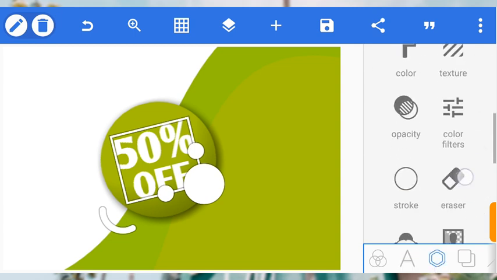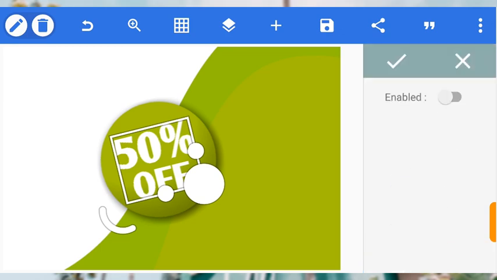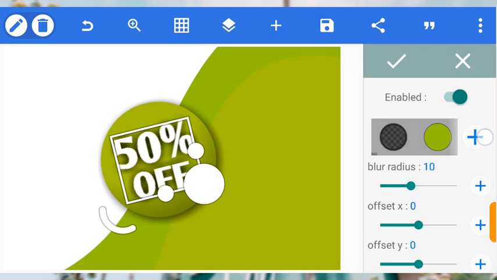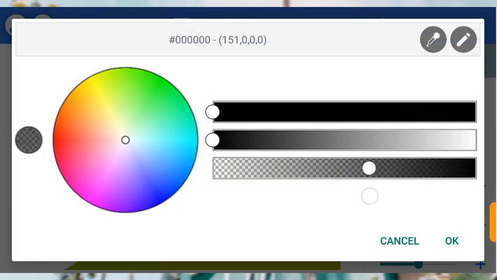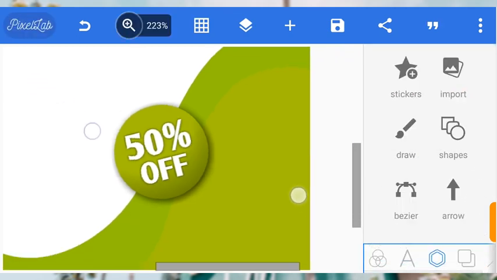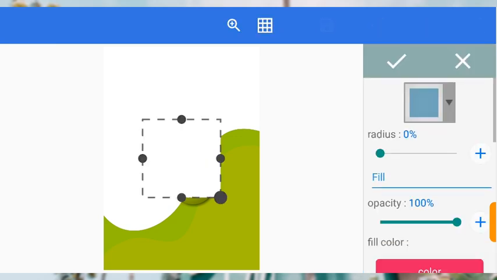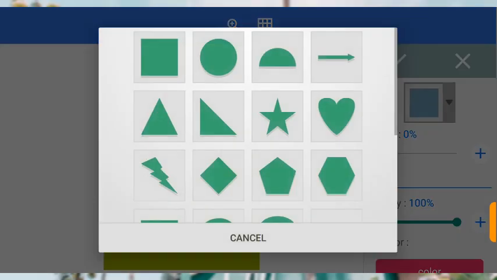So let me move over here, opacity, shadow. Let me add a shadow. Let me reduce the opacity of the black color. Let me reduce the blur. I think it's okay like this. When you're done, you move out. Alright, this is good. The next thing that we're going to do now is that we need another object,